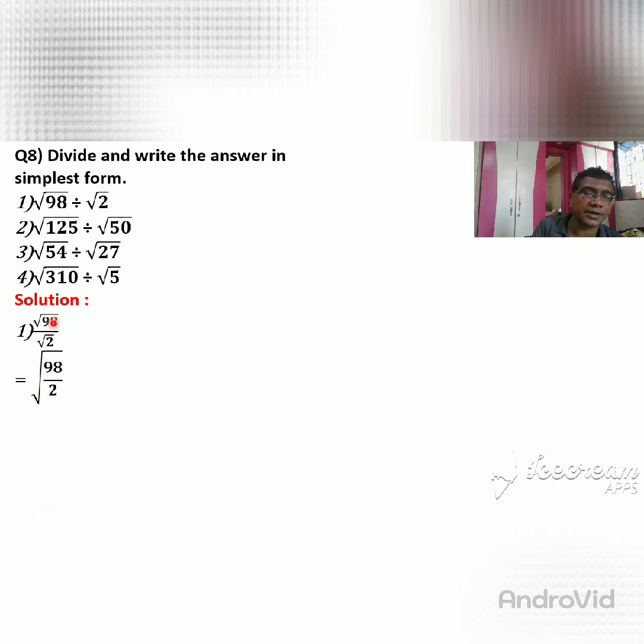See here, again I am explaining. This is 98, this is root 2, and that is written in one square root sign. This is 98 upon 2 because it is a divide process. 2 fours are 8, so you get 4 here. 9 minus 8, there is 1 remaining. And here is 18, 2 nines are 18. So root 49. That is what I am showing you by factorization, 49 into 2, that is 98, divided by